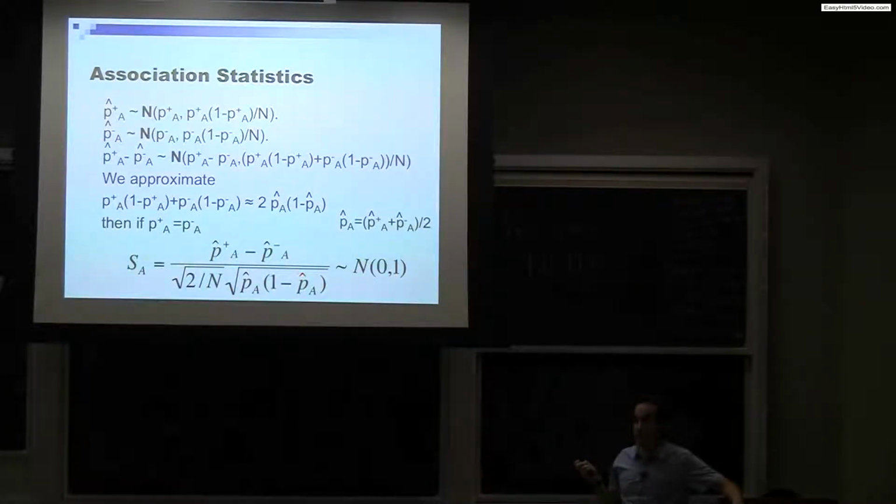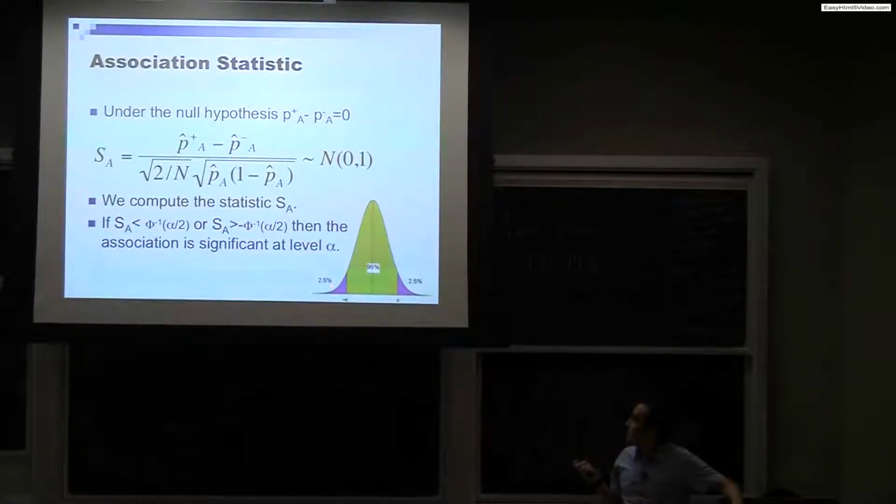So we know the data is going to follow this distribution, and we can see if it's really significant, if it's in the tails of the distribution. If it's in the tails, that's saying it's significant. Why? Because this is the distribution if we assume that the SNP has no effect on the